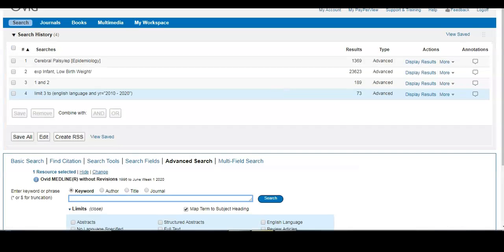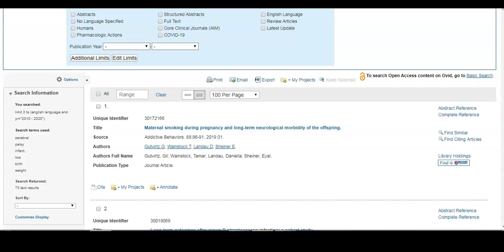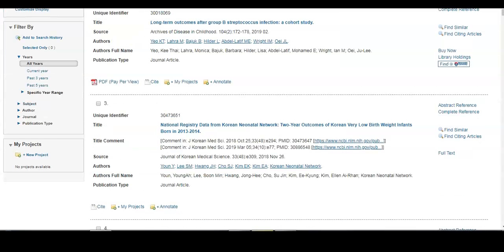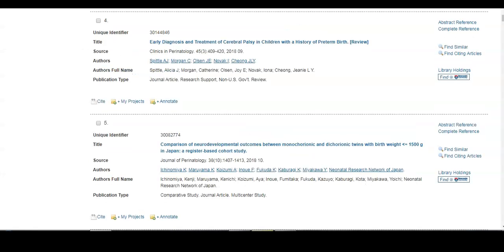And with those additional limits, we can now see that our results are down to 73 papers. And to start browsing those, start looking at the abstracts, the titles, we can scroll down the page and check out what we've found. If we want to see whether we have any holdings for those here at Newcastle University Library, then you can follow the link, Find at Newcastle University, and we'll see what access we have to those papers.